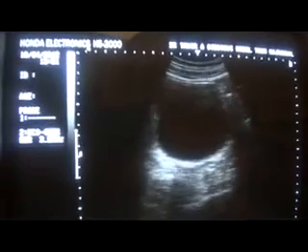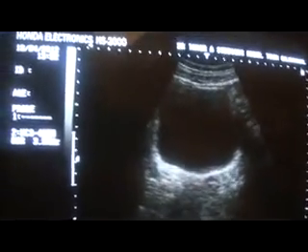This is an ultrasound study of a 55 year old male. Here you are seeing the urinary bladder. This is the urinary bladder in transverse section. And when I move the probe downwards,